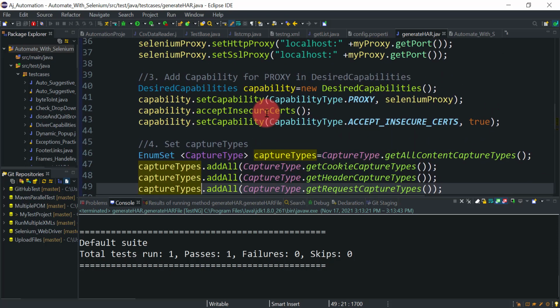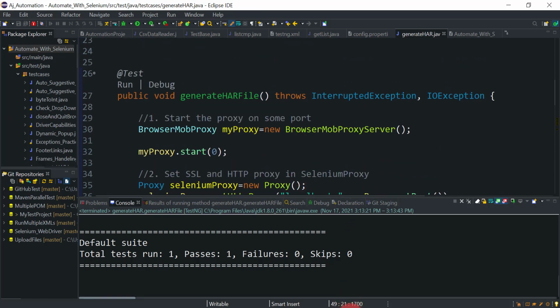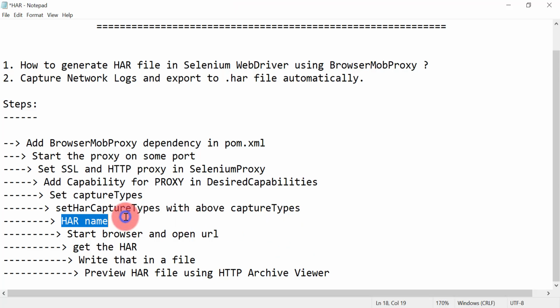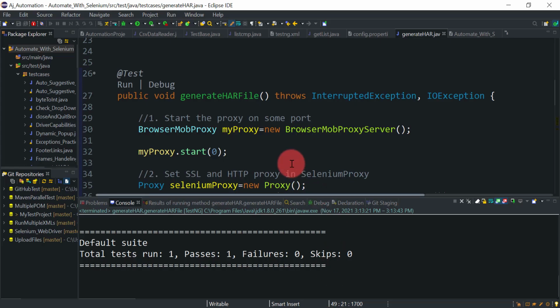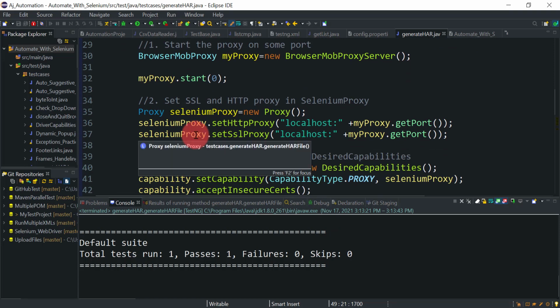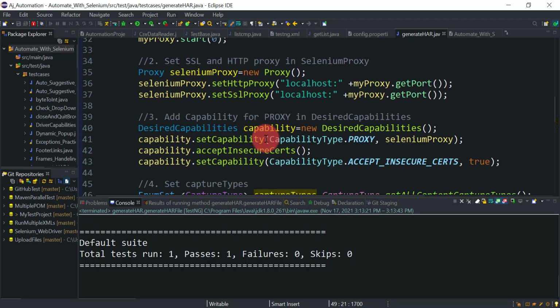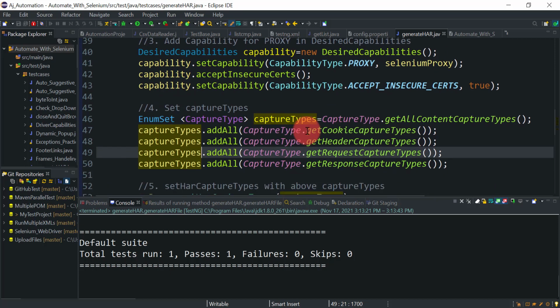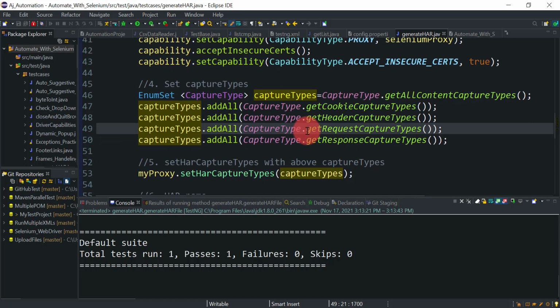So I think I'm done with this session, guys. I have tried my best to keep it simple and easy so that it will be easy to understand for all the beginner candidates or all the people who are watching this video. So try to use this code in your actual framework. Maybe you can do some variation in this BrowserMob proxy code, that for sure. If something is not working in your case, you can do some modification or you can add it in the comment section. I will try to help you in that case as well.